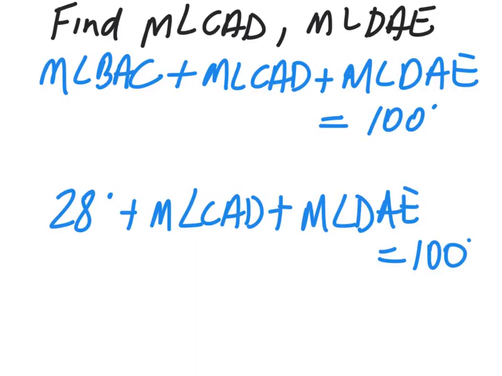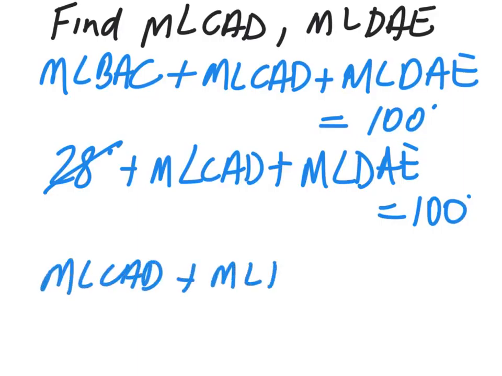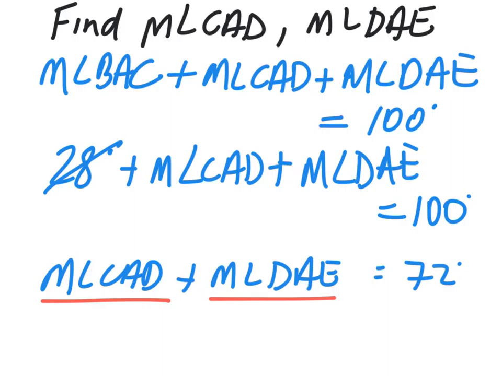Because of that, the measure of CAD plus the measure of DAE equals 72. Why? Because 28 plus these two is 100, so these two must add up to 72. And we're told in the question that the two of them are the same, which means,